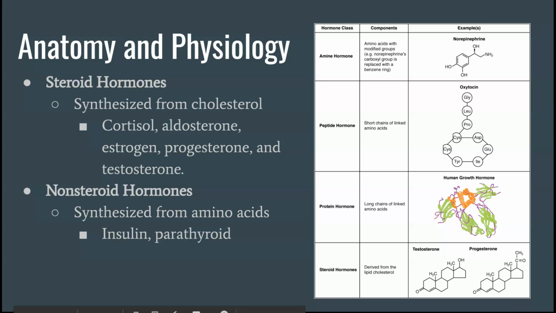There's two types of hormones. You have your steroid hormones, which are synthesized from cholesterol, and your non-steroid hormones, which are synthesized from amino acids, which are the building blocks of proteins. So your steroid hormones, primarily your cortisols, your sex hormones like estrogen, testosterone, progesterone, and aldosterone, actually have very similar